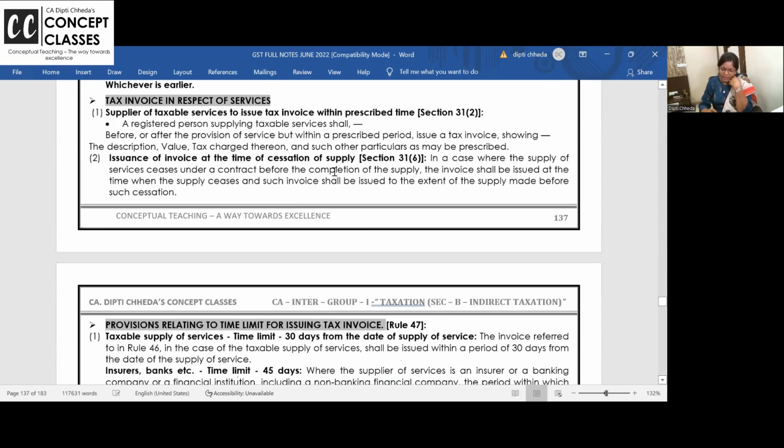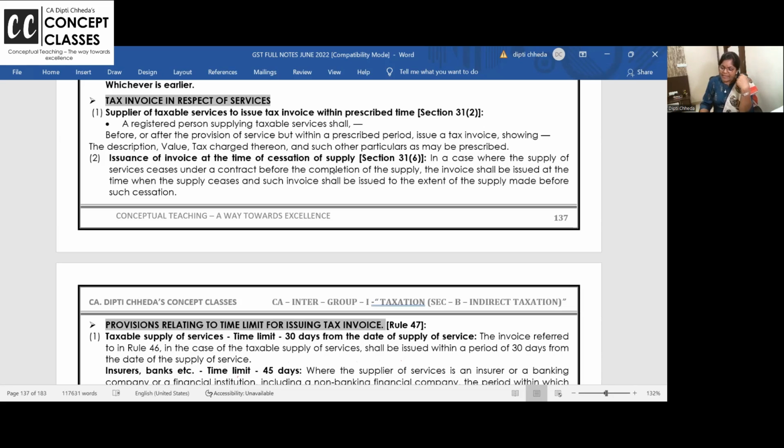Okay? Now here one thing is issuance of invoice at the time of cessation of supply. Sometimes supply stopped. We may be supplying goods or services, but then the contract broke, and it stopped in the middle. So the day it is stopped, are we liable to issue invoice up to that point? I am giving you taxation coaching for 4 months, and it's an agreement. Every first you make part payment to me. 6,000 is the fees. 1,500 you make 4 months payment. Now, after 2 months are over, you have stopped. You said, no, I don't want to do CA, ma'am. I don't want to take the coaching. Okay. 2 months, shall I issue you the invoice and are you liable to pay the fees?